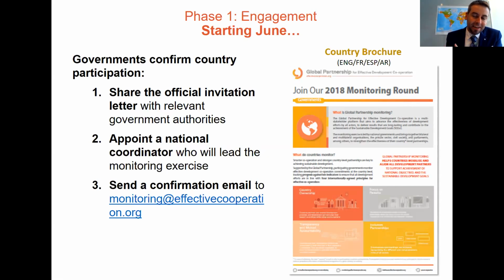To support this initial engagement, besides liaising with you by calls, webinar, Skype, and emails, we have also shared with you a short brochure, which appears on the right side of the slide, that contains a little bit of the basics of how we think this process can benefit your country, what it entails, and that can serve as an instrument to go to your authorities and in a very short way present what is the point of doing this and how it can benefit the country. We hope that's helpful, and we also welcome feedback on this. This document is available in English, French, Spanish, and Arabic.